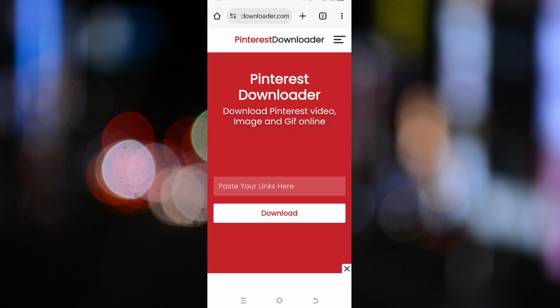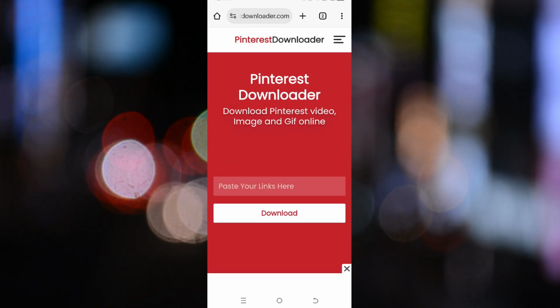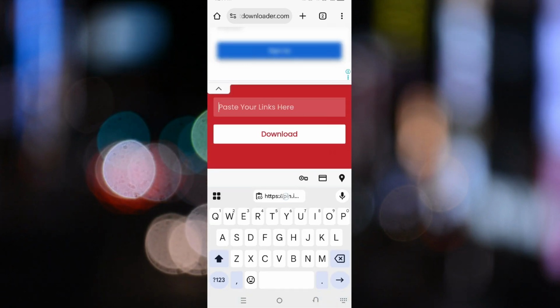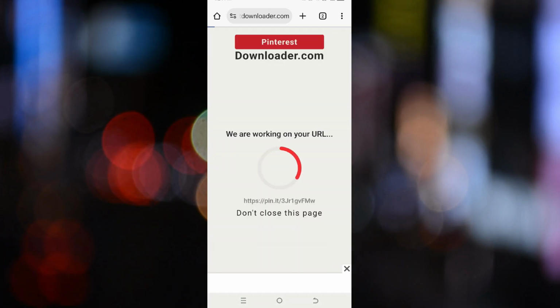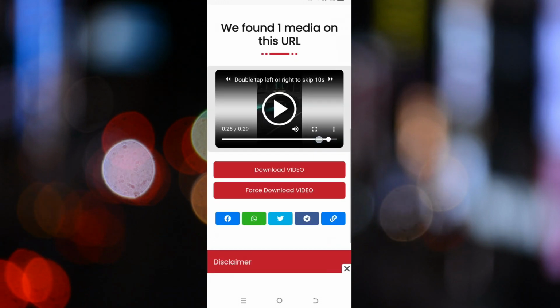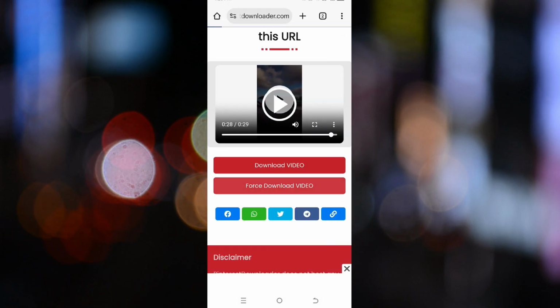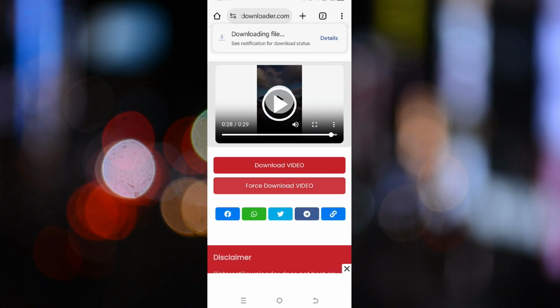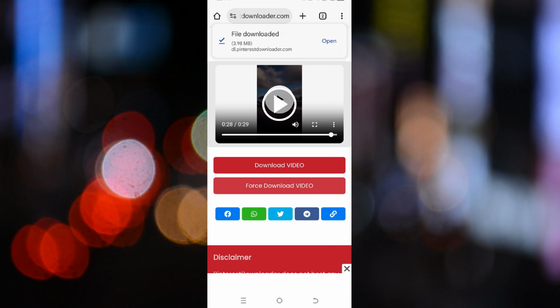Once the site loads, you'll see a box where you can paste the link you just copied. Go ahead and paste it, then tap on the download button. After that, scroll down a bit and tap the Force Download button. The video will then start downloading to your device, and it'll be saved directly to your gallery or appear in